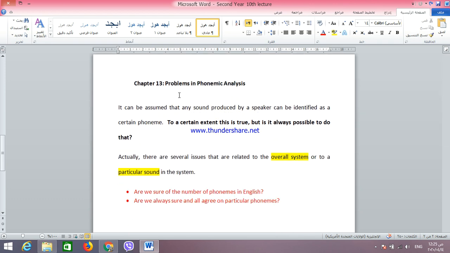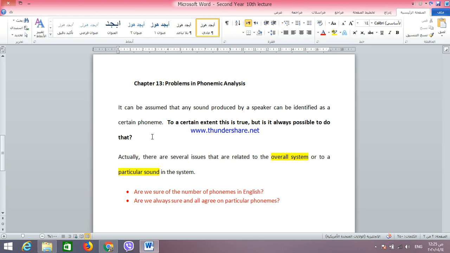Now, chapter 13, problems in phonemic analysis. This is only an introduction. Inshallah, in the next lecture, I'm going to talk about this topic in detail. But just to introduce the topic, it can be assumed that any sound produced by a speaker can be identified as a certain phoneme. So any sound a speaker produces